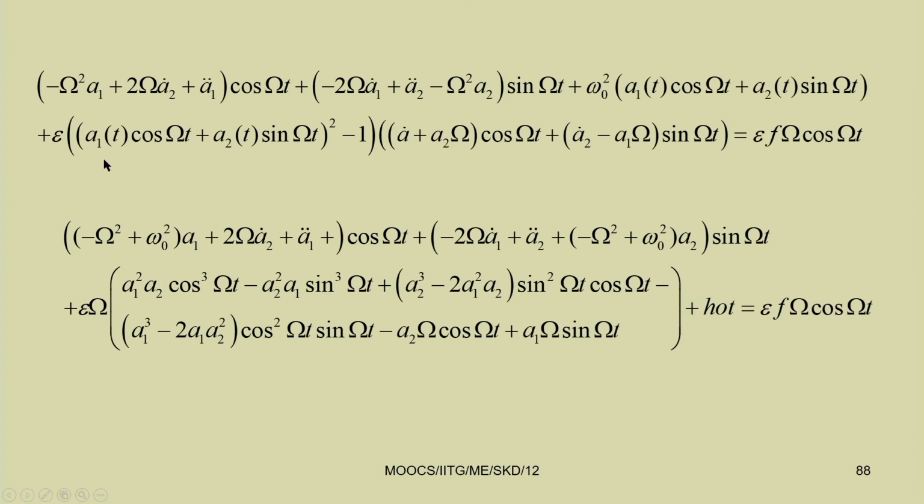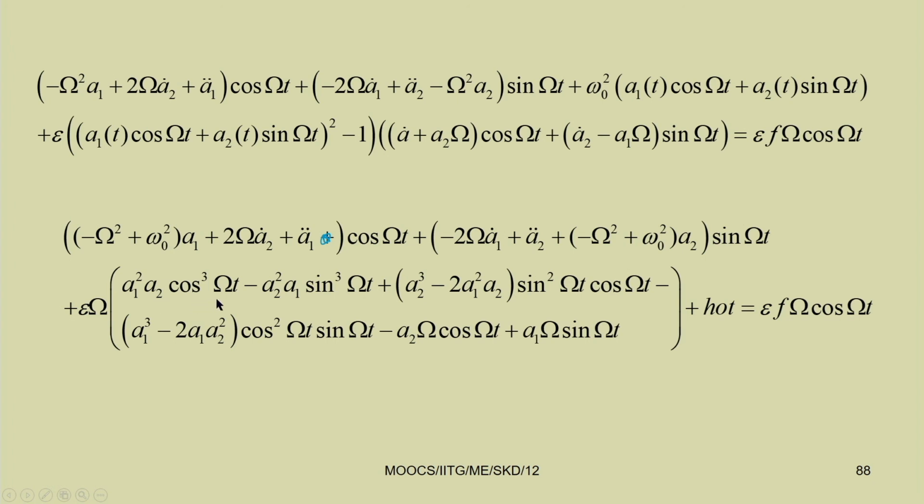So, one can write this is equal to (minus omega square plus omega 0 square) a1 plus 2 omega a2 dot plus a1 double dot, times cos omega t. Similarly, this becomes plus (minus 2 omega a1 dot plus a2 double dot plus minus omega square plus omega 0 square a2) sin omega t, then epsilon omega into, so all these terms will be there, that is a1 square